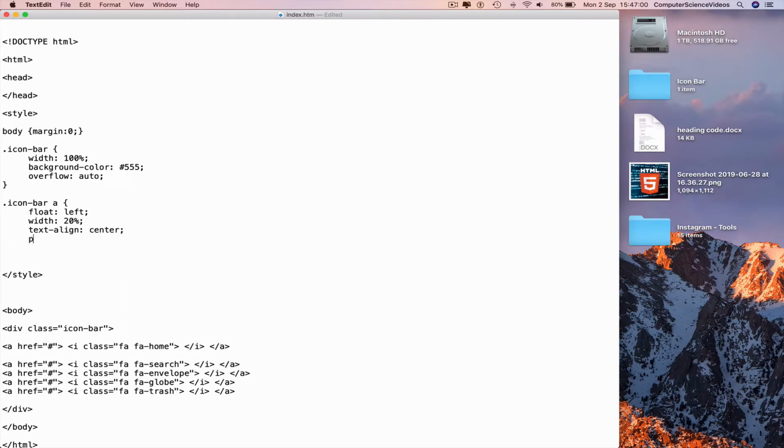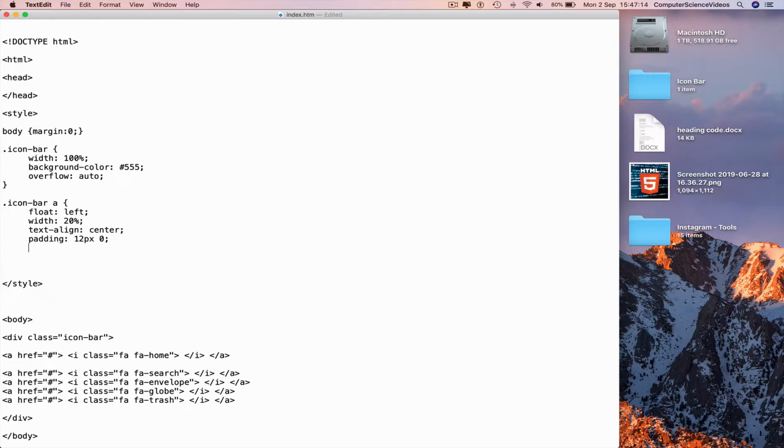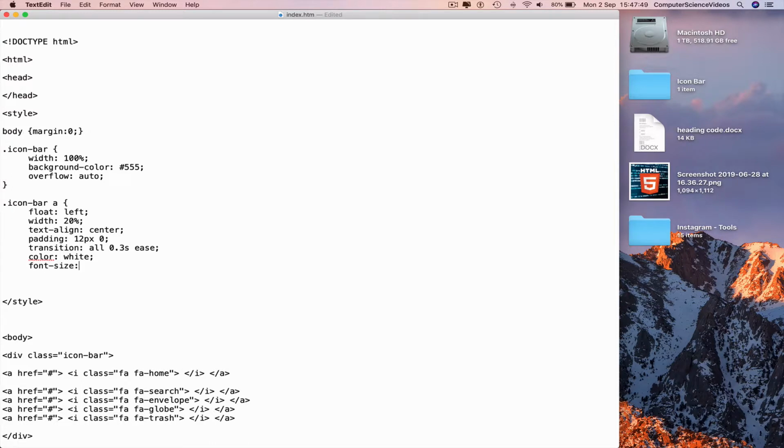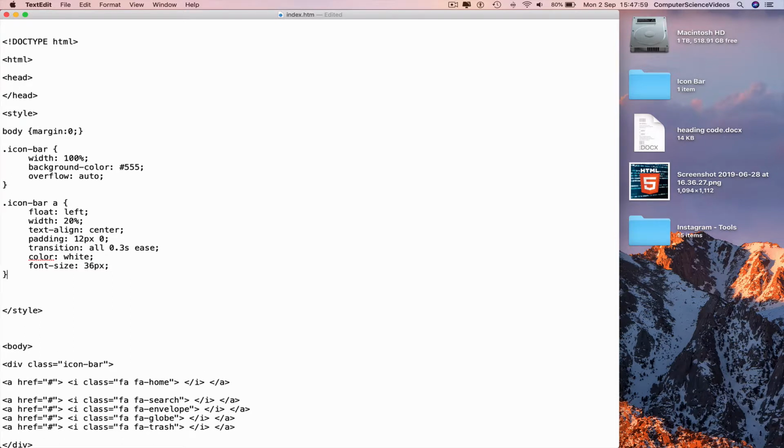semicolon, next line, padding colon 12 pixels 0, semicolon, next line, indent, transition colon all 0.3s ease, semicolon, next line, the color can be white, colon white, semicolon, next line, indent, the font-size colon 36 pixels, semicolon, next line, curly brace,